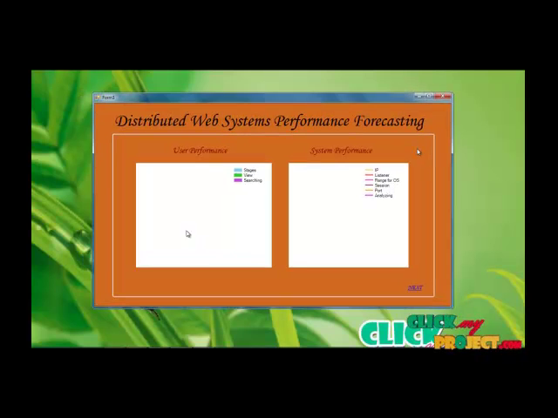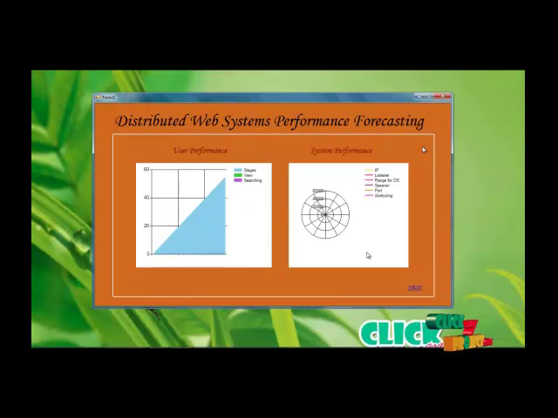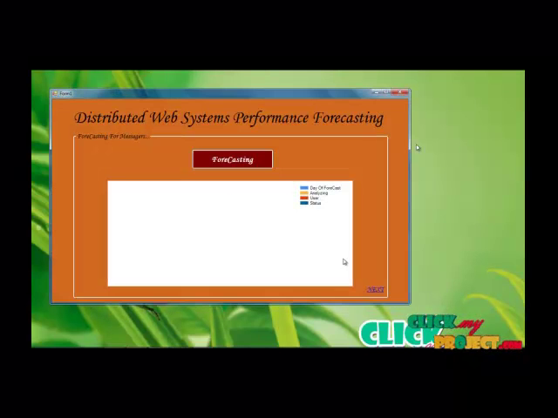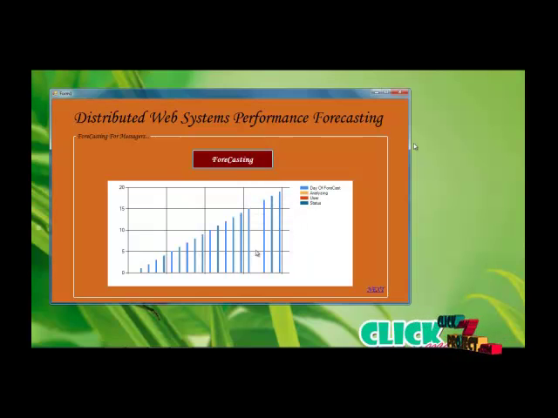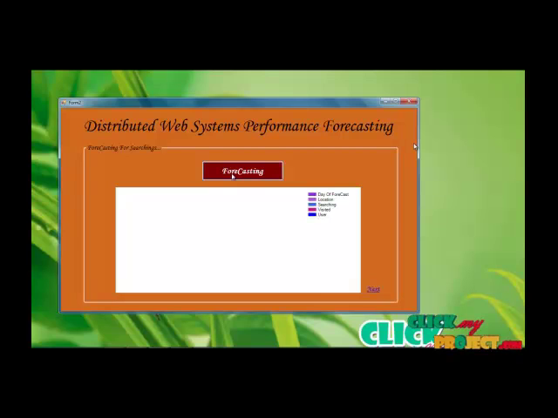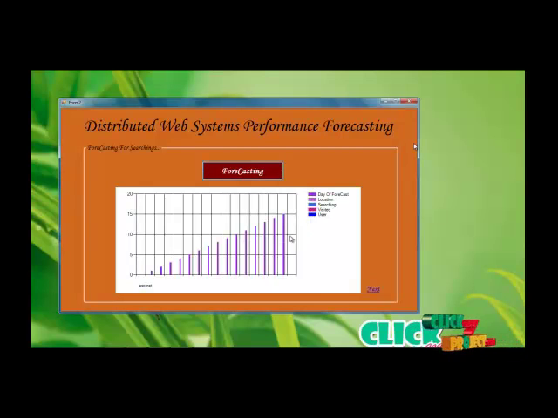Finally, we can analyze the user performance and the system performance levels. The stages and then the view can display our CPU scheduling process. The system performance means listening to our IP address and then getting forecasting for the messenger client and server messages process. Next the service level 1 process.